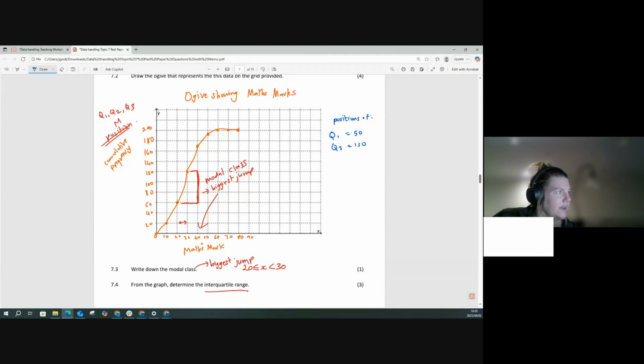So if I go to 50, that's quartile 1, and I track across, it looks like it's about 18. And quartile 3 at 150,